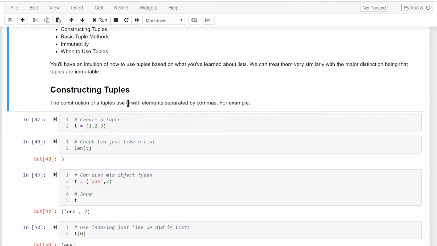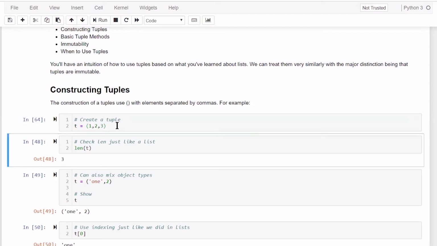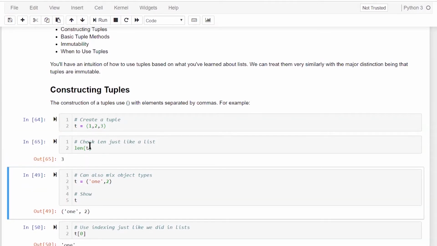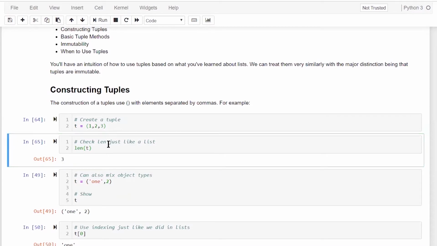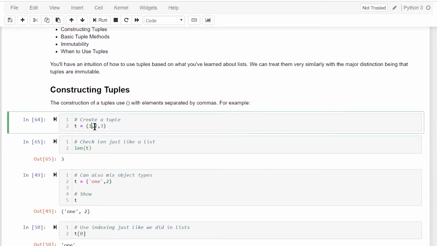So in a tuple, the convention in Python is to use the small brackets and the elements will be separated by commas as they are in the list. So the only difference is the enclosing brackets. In a list it's square brackets, in a tuple it's small brackets. So t is equal to (1, 2, 3). All the basic methods remain the same for a tuple as well. So I can call the length function, and then it gives me the length of this tuple. So this tuple has objects 1, 2, 3.